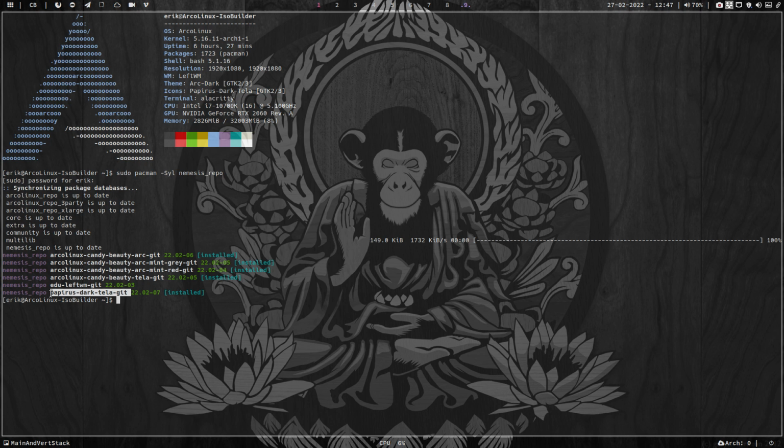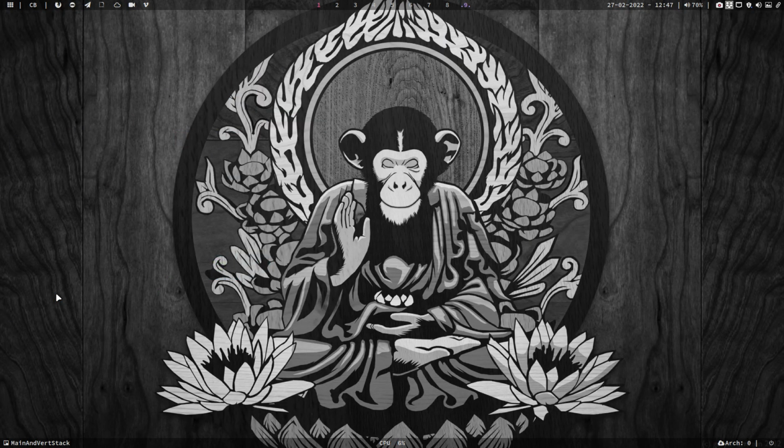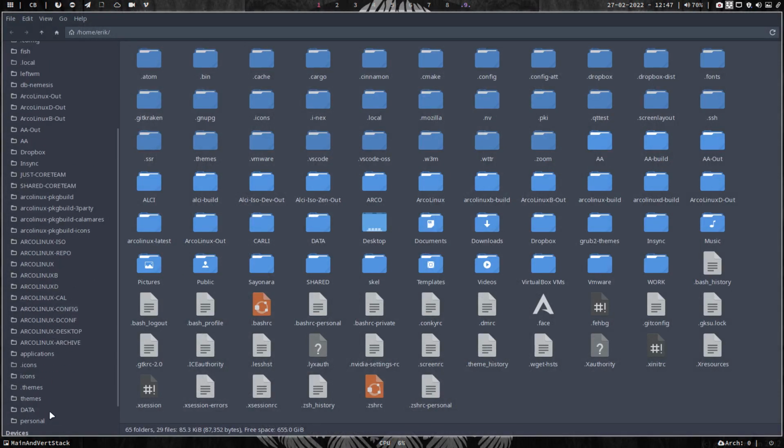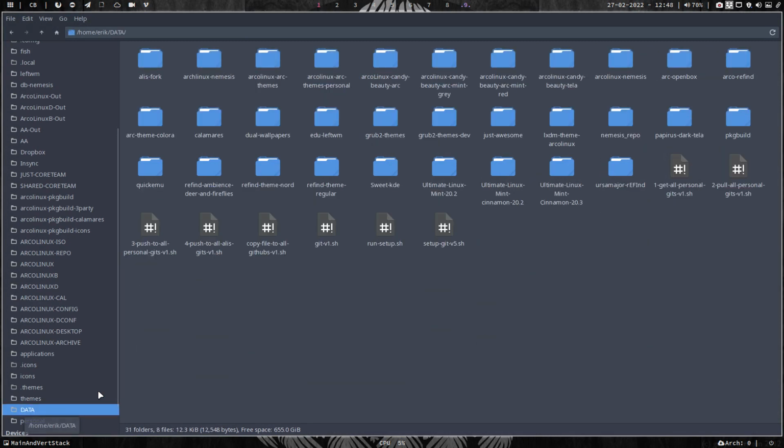So now I'm going to teach you 2 things. How to change the package, backend stuff and the back office stuff, but also a package build. I want to replace Papyrus Dark Tela Git with edu Papyrus Dark Tela Git, so that users who have it already just update, and sometimes you see it in pacman, replace this with that, yes, no, right? That's what we're going to do ourselves in the package build. But first of all the administration that we need to do to make a switch, the back end office. So this is not ArcoLinux stuff, this is Eric Dubois stuff.